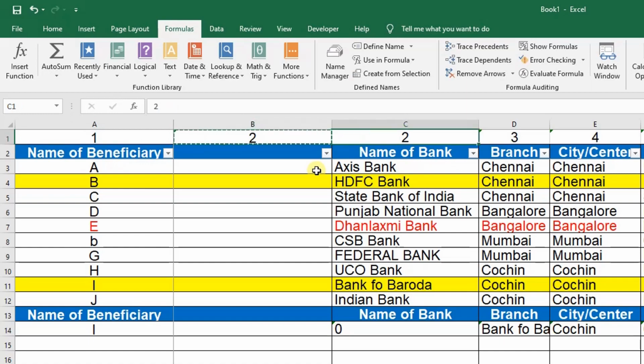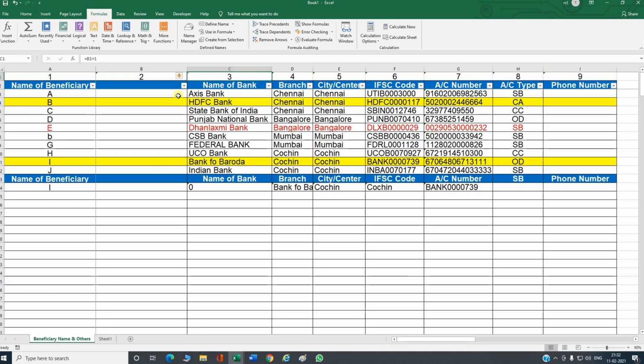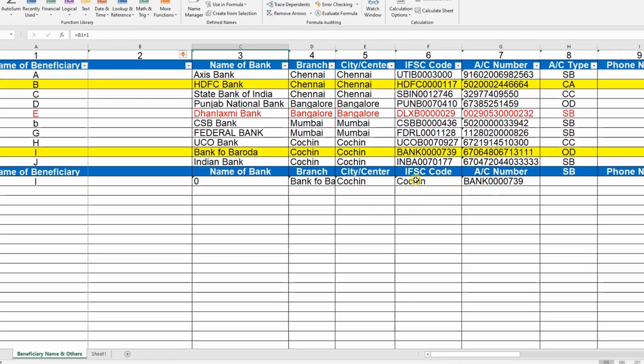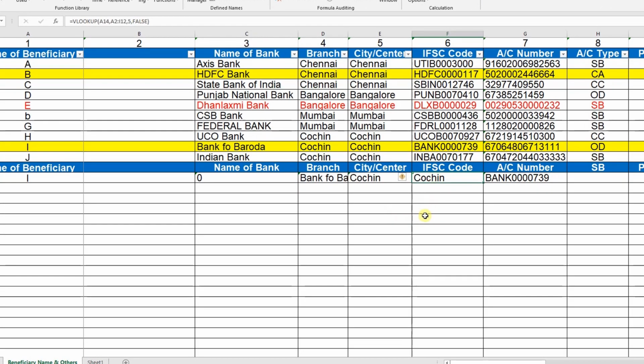So the column number is changed. The column number increased. Now what happened? The IFSC code here shows Cochin as the fifth column index number, that is shown here. Here the column index number is 6. This is the column index number 6 and under account number it is showing the IFSC code.